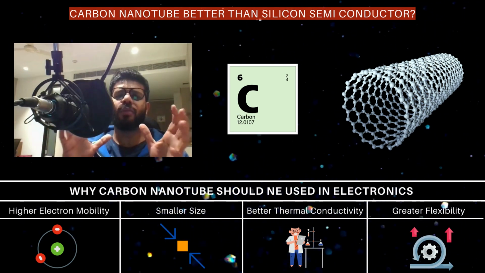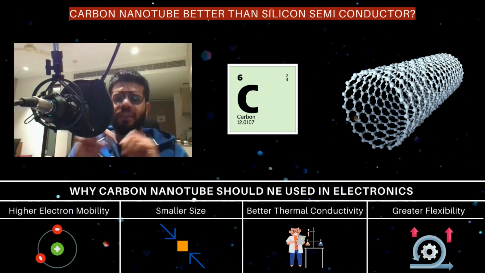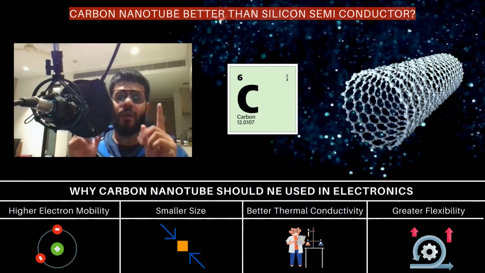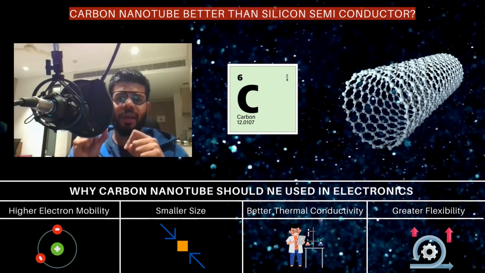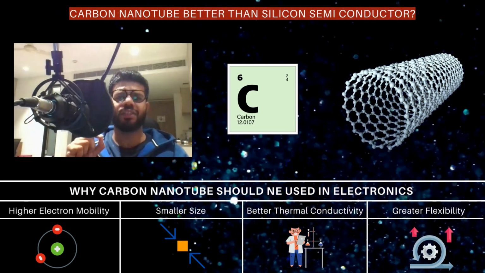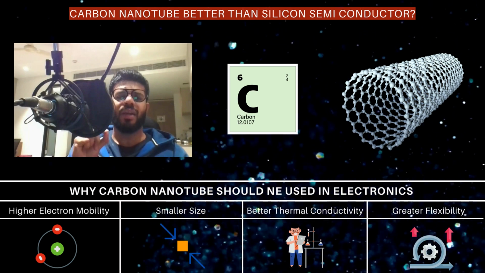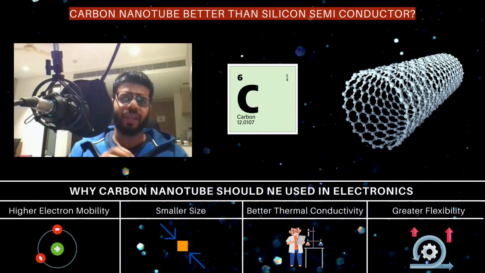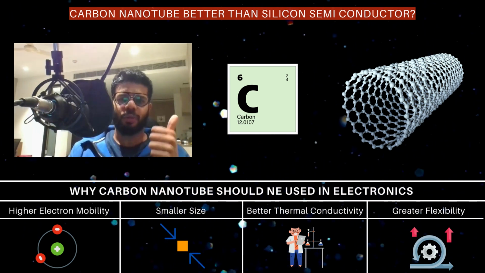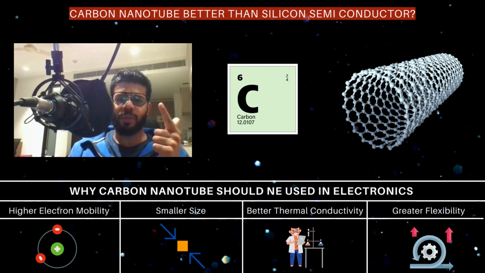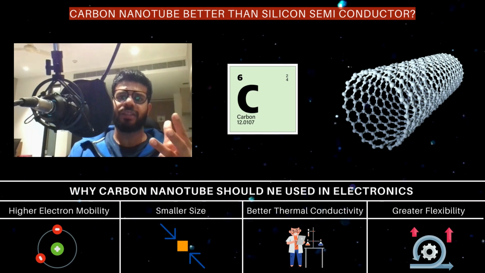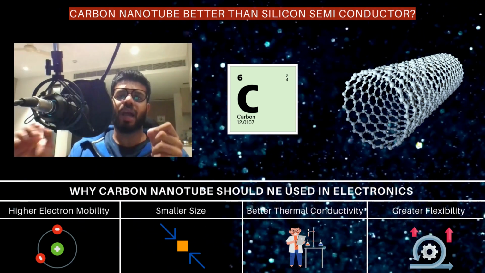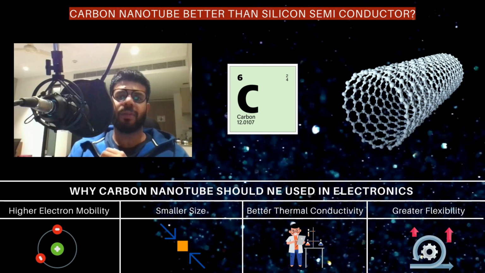Overall, carbon nanotubes have the potential to offer significant advantages over silicon semiconductors in a number of applications. However, it should be noted that carbon nanotubes are still at a very early stage of development and will remain so until they can be widely adopted in the future, once the primary premises are accepted, which are the production, the electronic properties, the dispersion, and the health and safety regards. If these aspects are met, then I'm pretty sure that carbon nanotubes will be a breakthrough in the days to come.